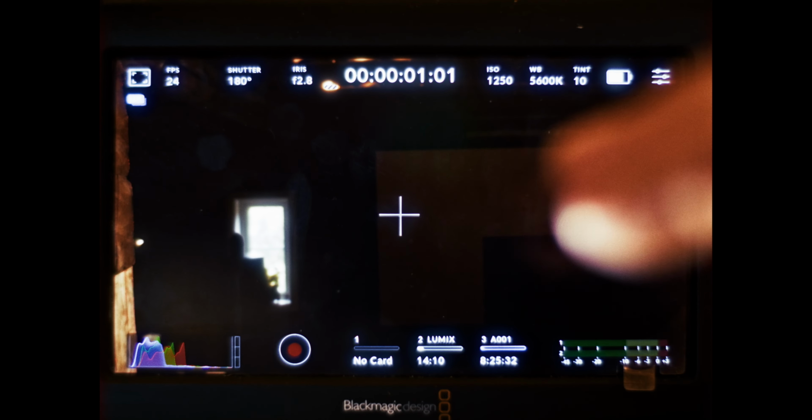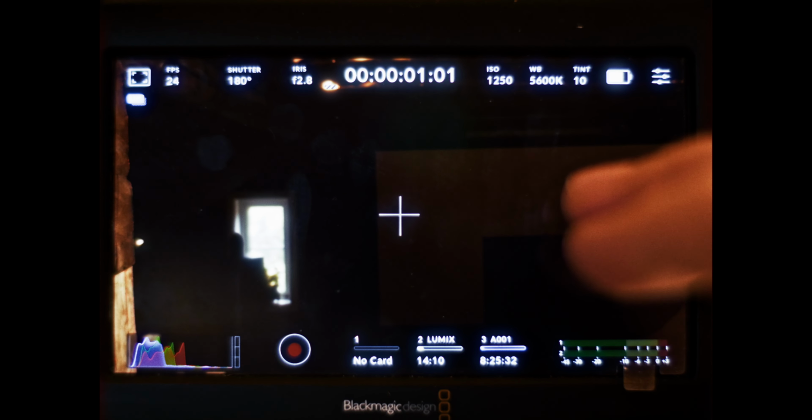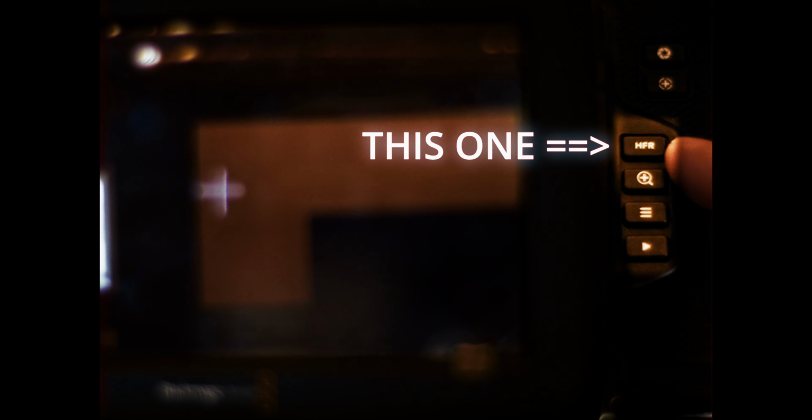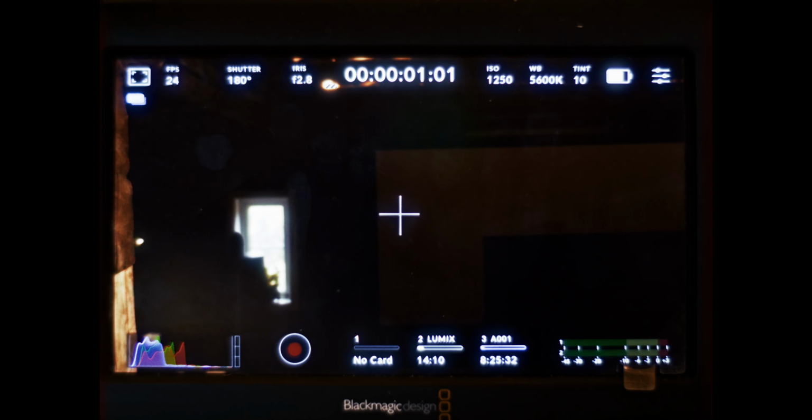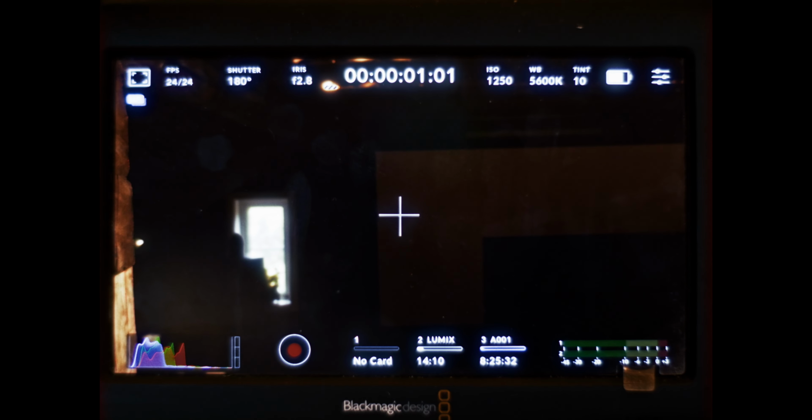The one that you're looking at right now is a Blackmagic Pocket Cinema Camera 6K second generation. On the side of the screen there's a button called HFR, and really it should be OFR, because it's not just high frame rates, it can also record lower frame rates, such as what I just did with 12 frames and 8 frames and all that. You can see this number up over here, which says 24 frames per second, or FPS 24. Once you press the HFR button, right now it's 24/24